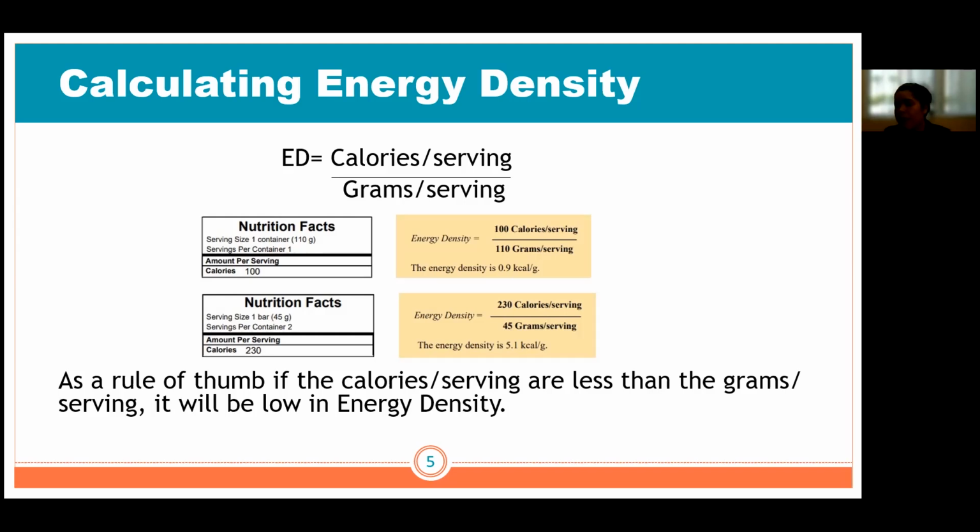So just keep in mind that you want to be looking at your nutrition facts, your nutrition label, and that you're focusing on the per serving amount and not the full serving amount or the full bag or whatever you're eating. All right, so